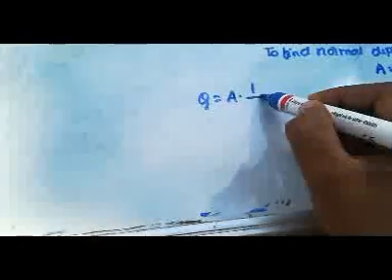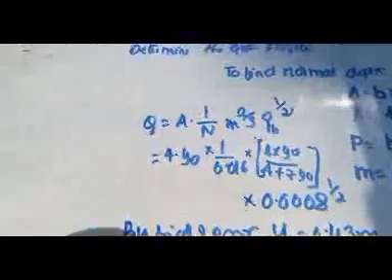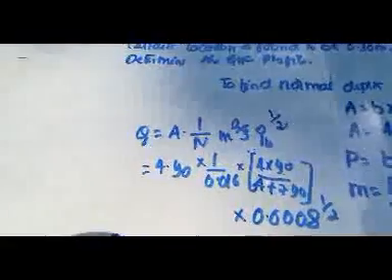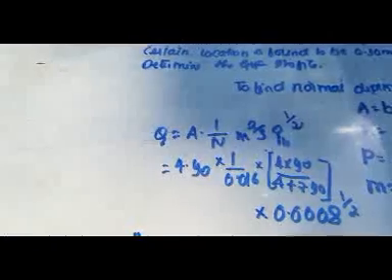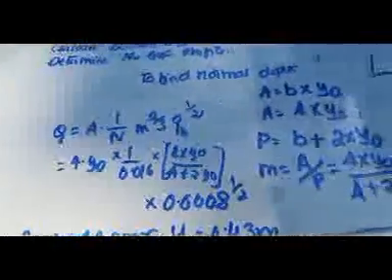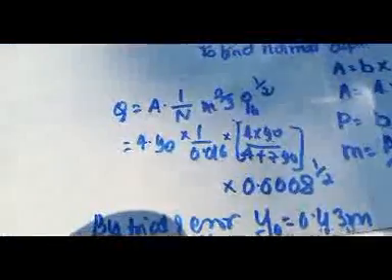Next we have the formula Q is equal to A into 1 by N, where N is Manning's constant, into R to the power 2 by 3, into S, the bed slope, to the power 1 by 2. Here A is 4 into Y0, the depth, into the N value given as 0.016, into R, the value A by P, that is 4 into Y0 divided by 4 plus 2 into Y0,